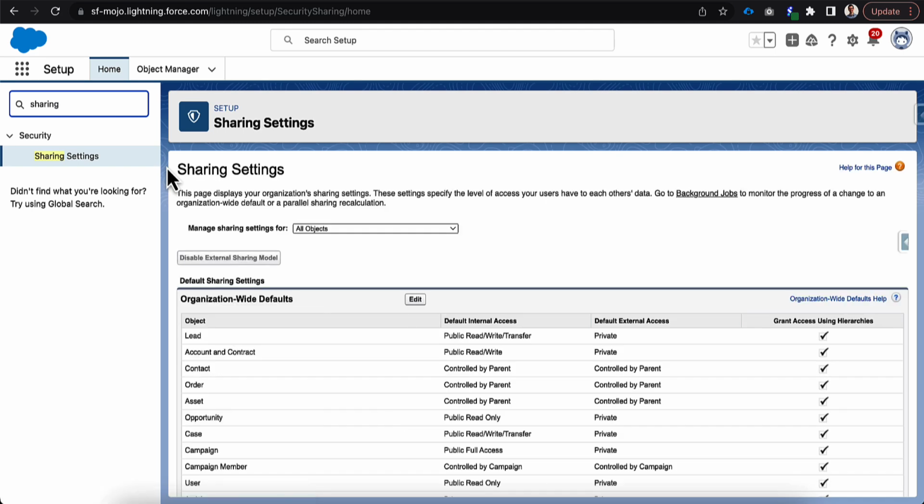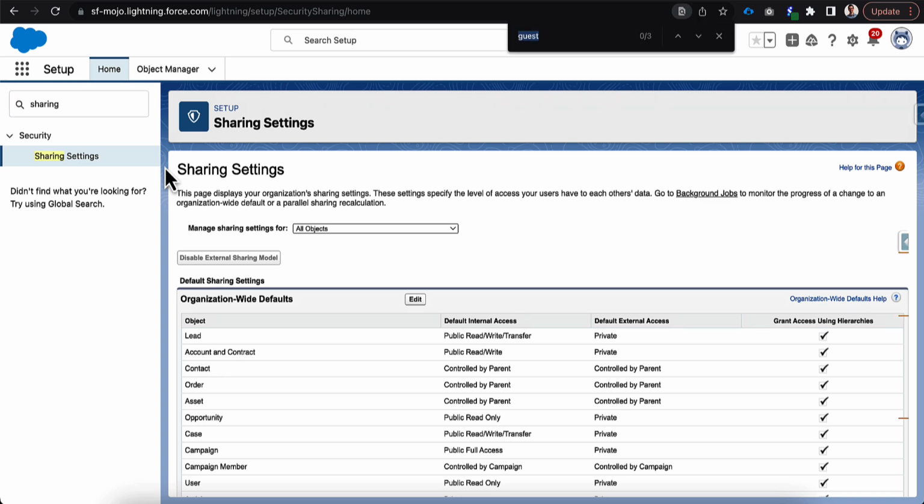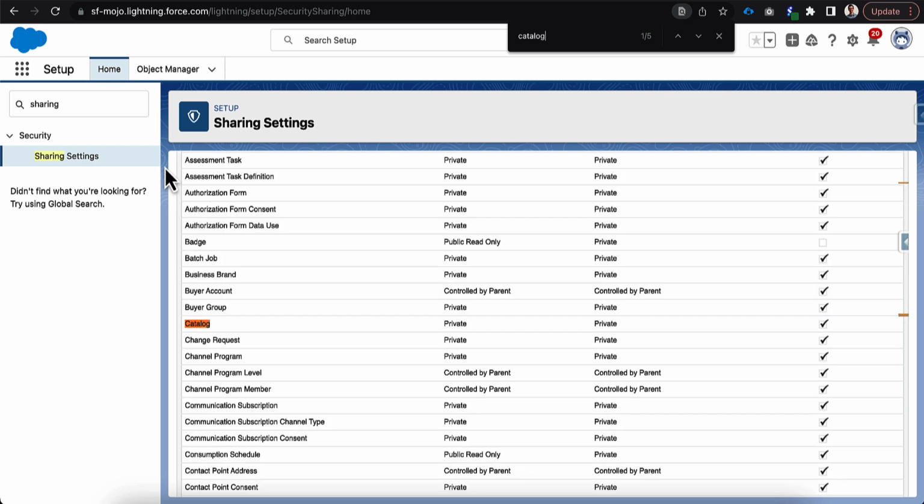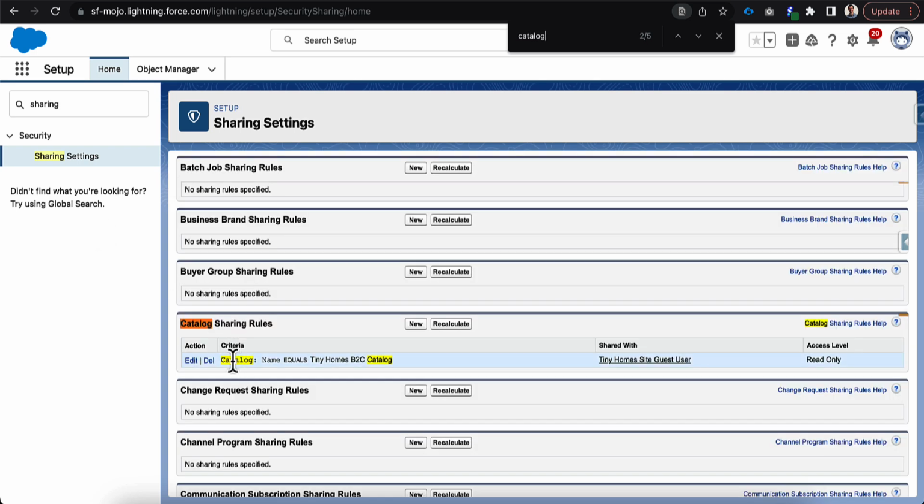And this sharing rule against the catalog will provide access to all of the products and records, giving visibility to those records so you can see them as you're navigating throughout the store. So go ahead and quickly find this by typing in catalog here, and it's the second one down. You can see I've already done this one, but if we were going through this for the first